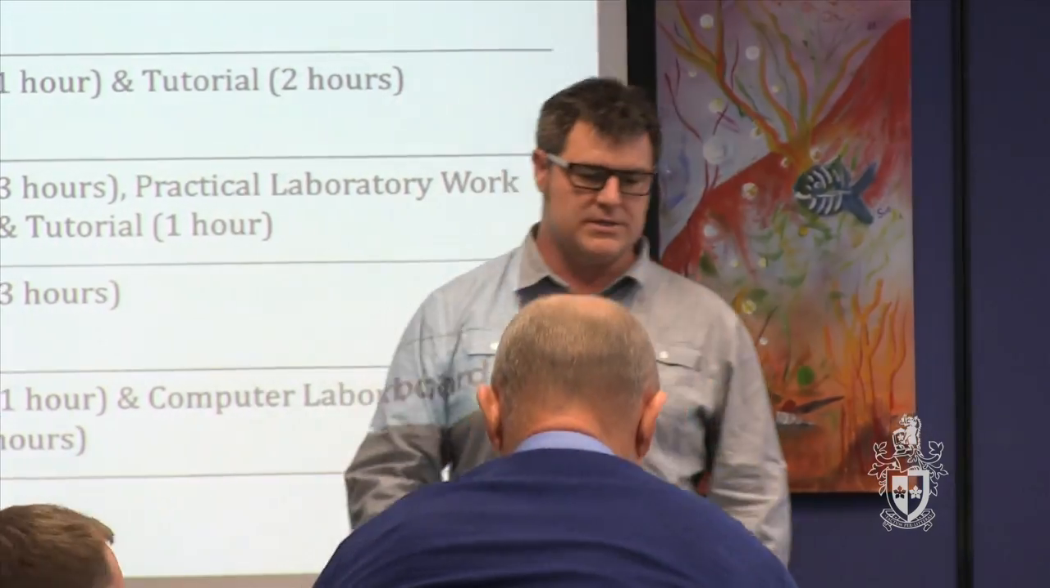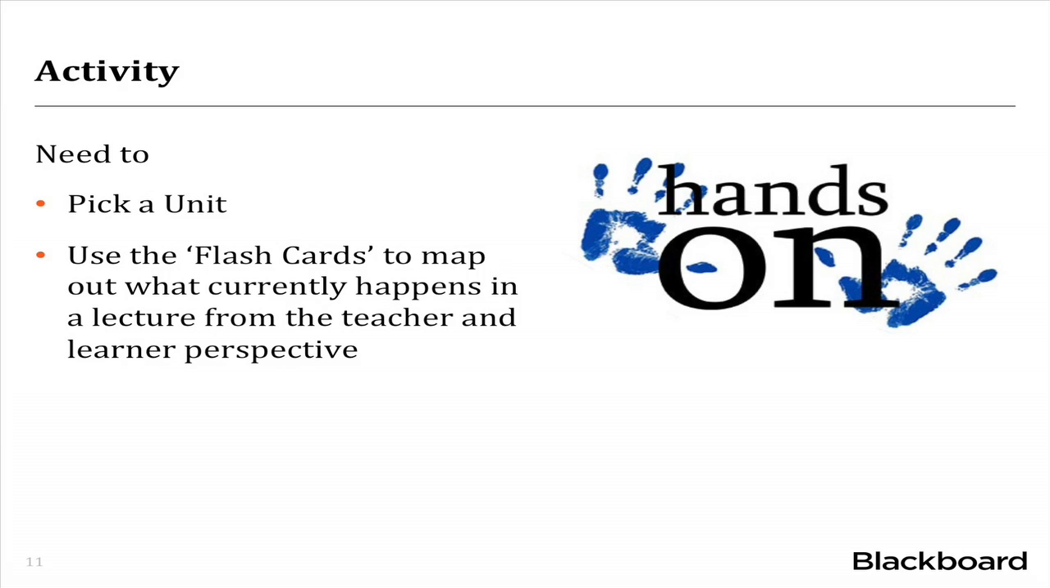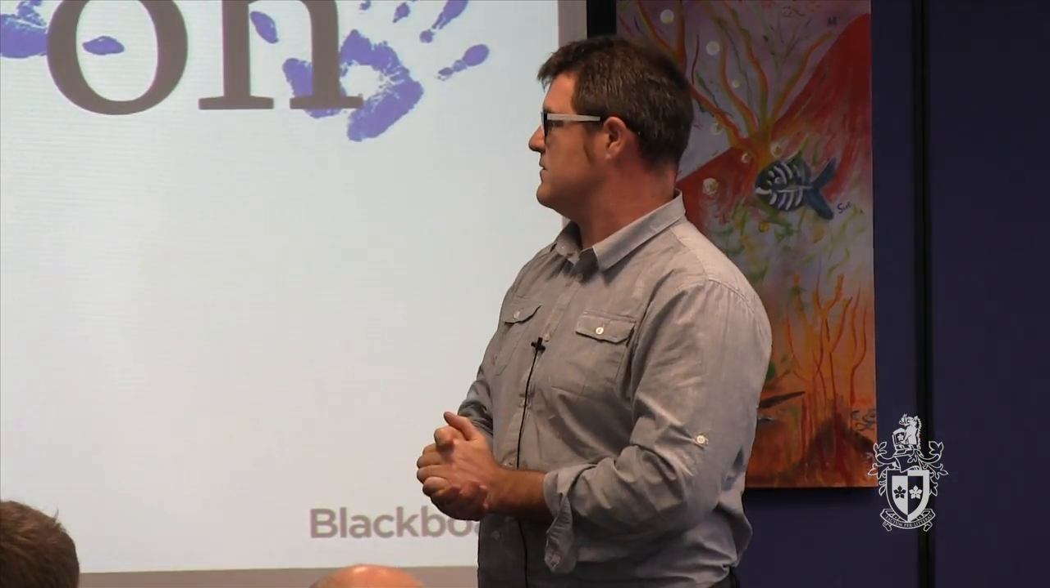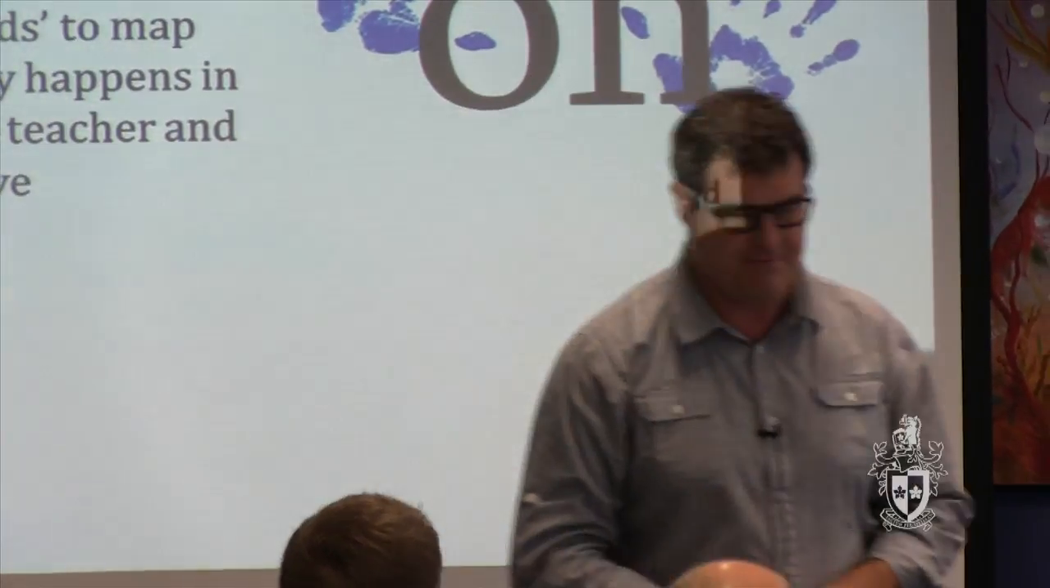So really what we want to do with this exercise is pick a unit. I know we're all from different areas, but what I want us to do is focus on the lecture that you currently do, and with the cards, in terms of the learning events, describe the interaction that you have with your students in a typical lecture situation. Just put the cards down on one half of the paper and just write the type of interactions that you have. So for example,